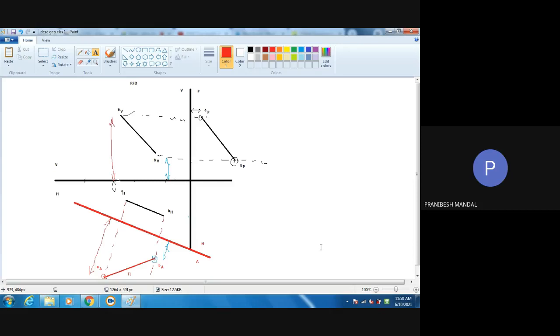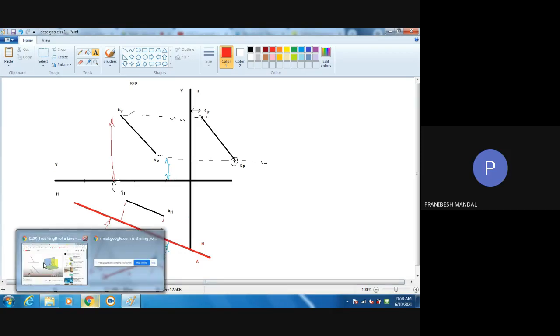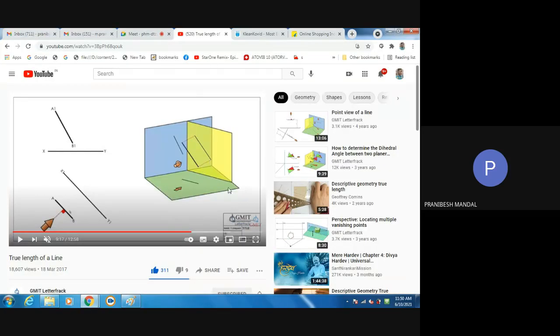And how to get the angle? The angle was with this particular partition line. Yes or no? I am showing again. This projection, the angle with the partition of the two planes, that will give you the alpha. Yes or no? Yes, sir.